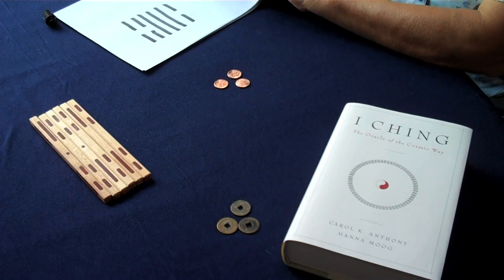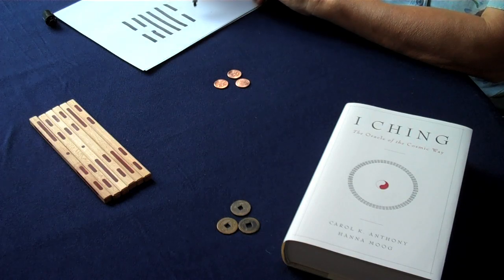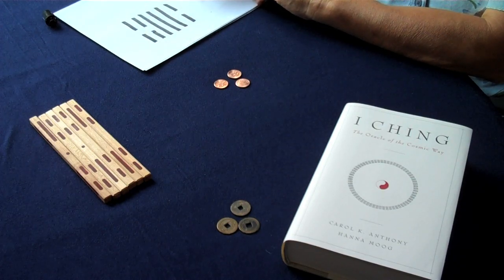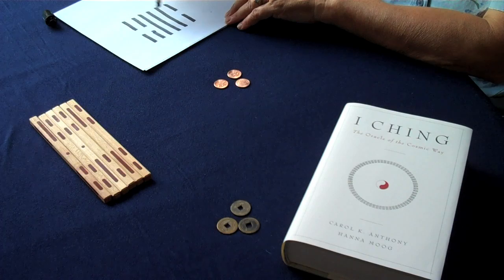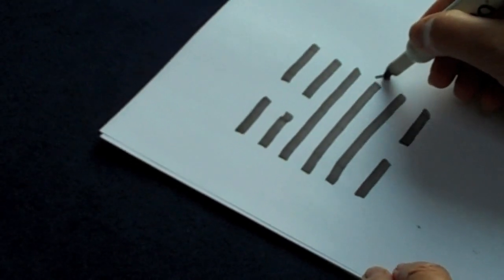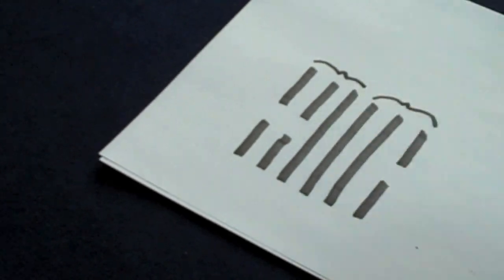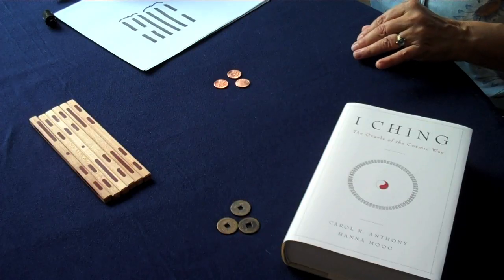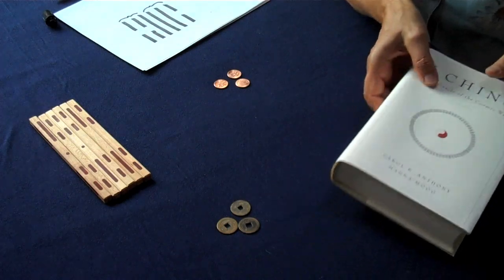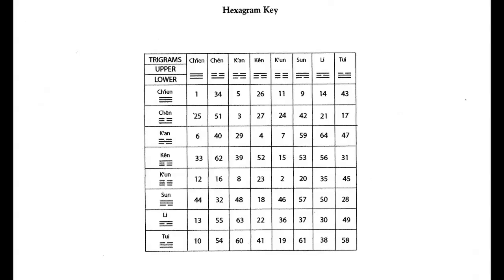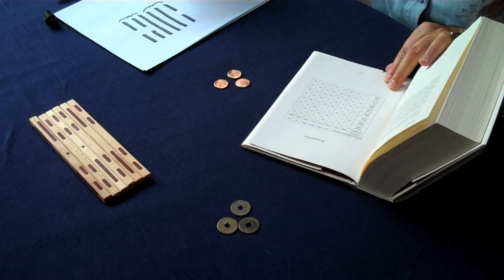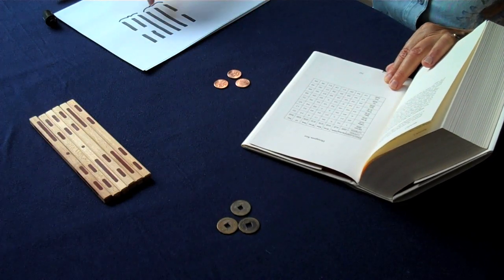Now, if I want to know what the number of this hexagram is out of the 64 hexagrams, I need to divide my hexagram into 2 trigrams. A trigram consists of 3 lines. Each hexagram consists of 2 trigrams. I can look this up in my book. There's a chart here at the end of the book that shows me these trigrams and what combination I have